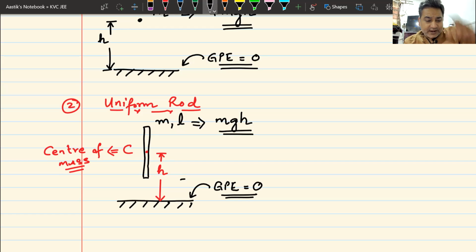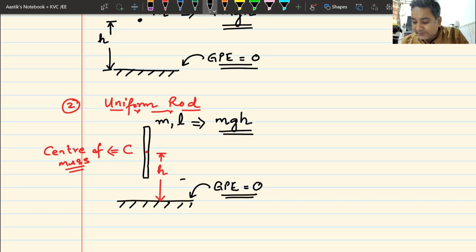So remember, if you have bodies like this, a rod, to find the potential energy of the rod, you have to find the position of the center of mass. Center of mass is not a term that we are acquainted with. Let us call it the center of the rod. Am I clear? Can I have some raised hands that we understand this?